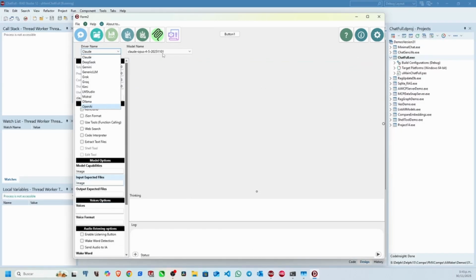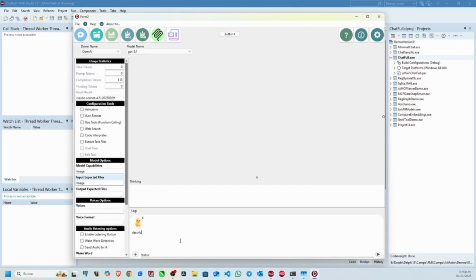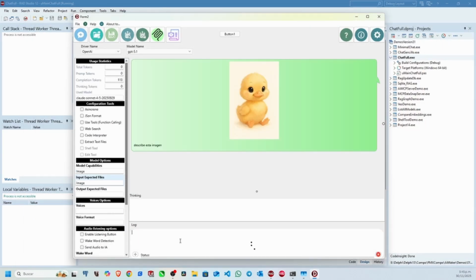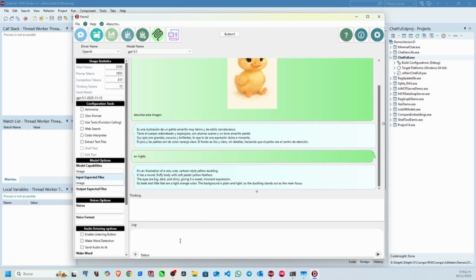For the next exercise, we'll use ChatGPT 5.1 and ask it to describe an image. We simply use the MakerAI utilities to attach files. By selecting the Upload Files option, we browse for the file, attach it, and then ask for the description. Just like the previous request, the model will reason briefly and then progressively generate the description of the image. The best part is that since the response remains in the context, we can ask it to translate it into